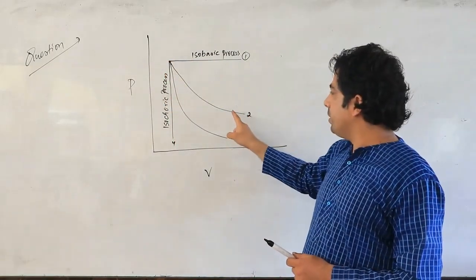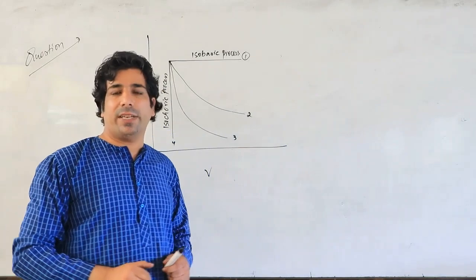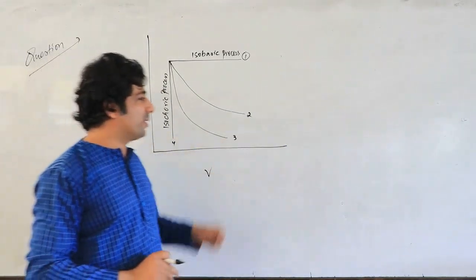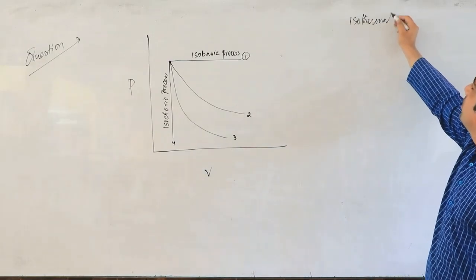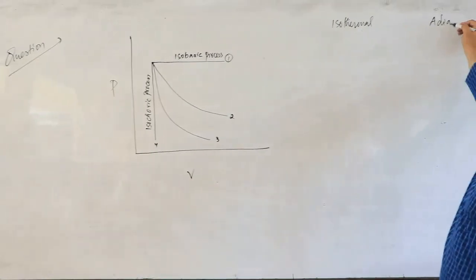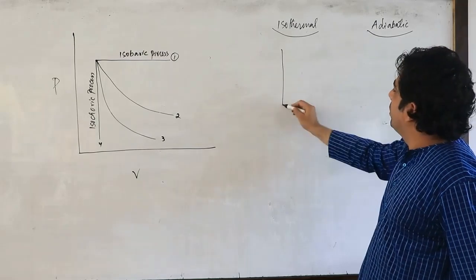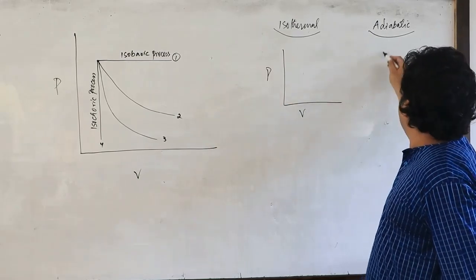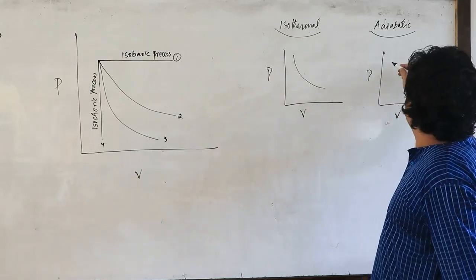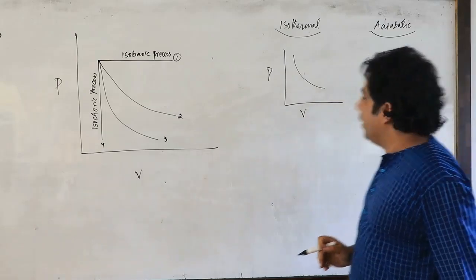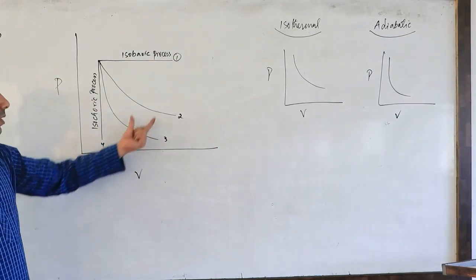So now the question is, between these two lines, which one will represent the adiabatic process and which one will represent the isothermal process? Because I have shown you, even for isothermal and for adiabatic, the PV graph is almost similar. If you see the PV graph here and here, my dear friends, you will find it is almost similar. So how can you differentiate which one is adiabatic out of these two and which one is isothermal?